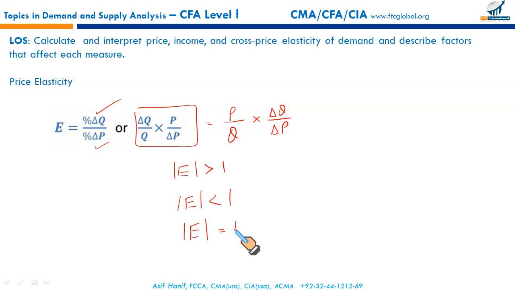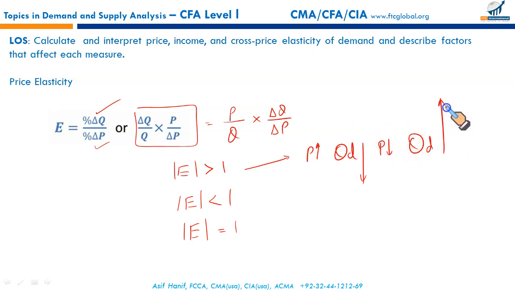And if the price elasticity of demand is equal to 1, the absolute measure, in that case we call it unitary elastic. Now let me show how it works without numbers. Let's say if the price increases and quantity demanded falls by a greater proportion, this indicates that the demand is more elastic. A slight change in price can cause more swing in quantity demanded, and in the reverse order, a decrease in price will cause the quantity demanded to go up. So this is what you mean by having a relatively elastic demand.